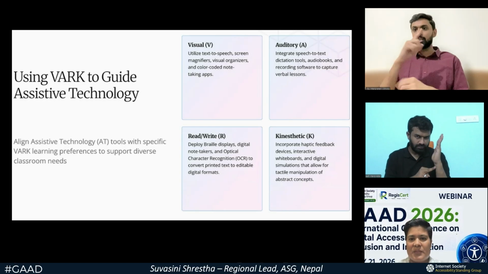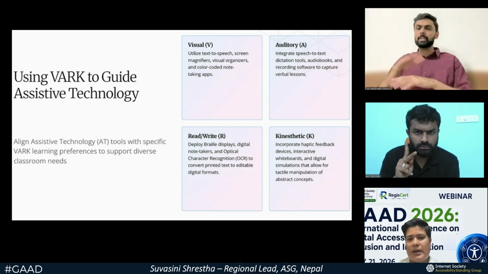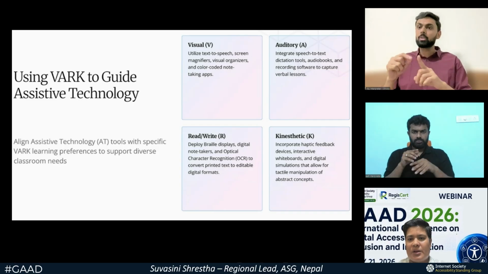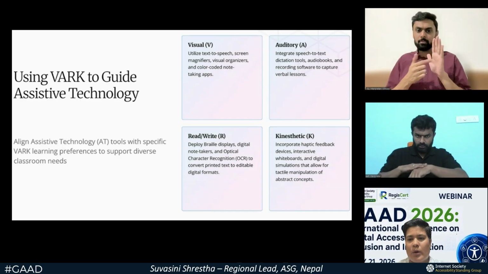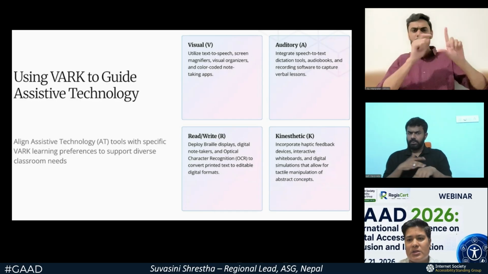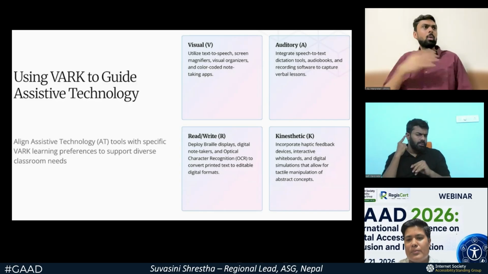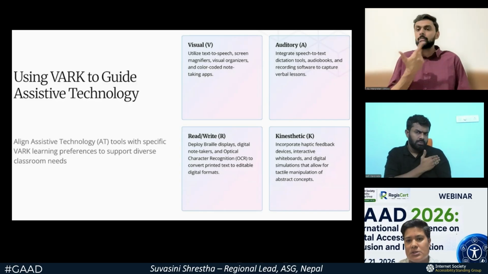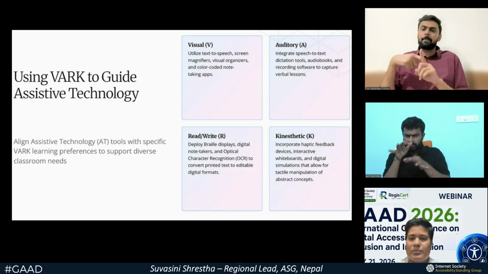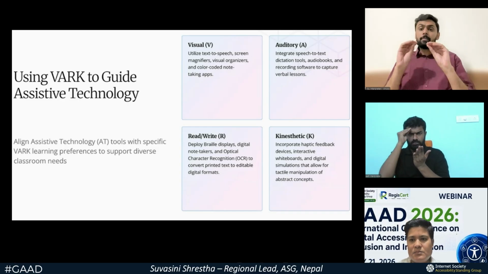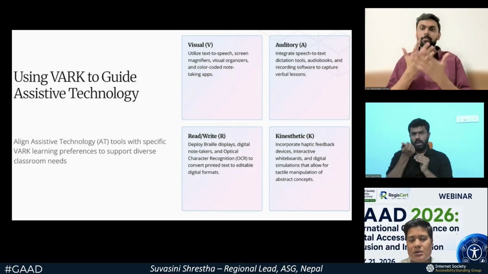And finally, there is a K in VARK, that is kinesthetic, that incorporates the haptic feedback from devices. We can use interactive whiteboards and digital simulations that allow for tactile manipulation of abstract concepts. So it is very useful in teaching any teaching material to the diverse learners in the classroom.